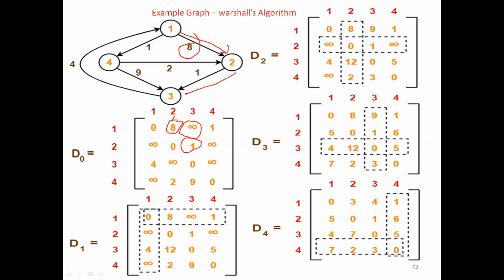That is this one. 2 comma 3 is 1. So we are putting the weight 2 comma 3, right? Okay, fine. What about we'll take this one, infinity, 4 comma 1. 4 comma 1 is what? This is the in-degree of 1. There is a path from 1 to 4, but there is no path from 4 to 1. There may be a path, but I don't know. Okay, that is infinity.